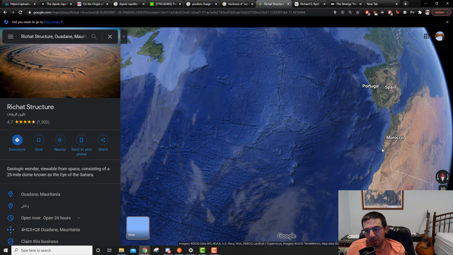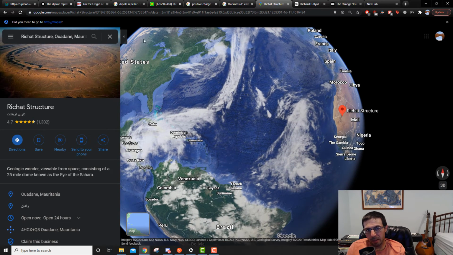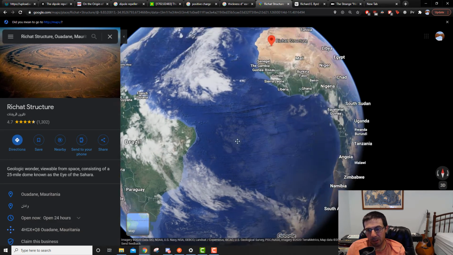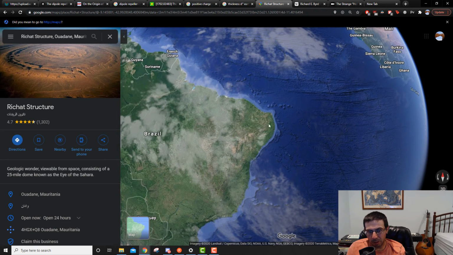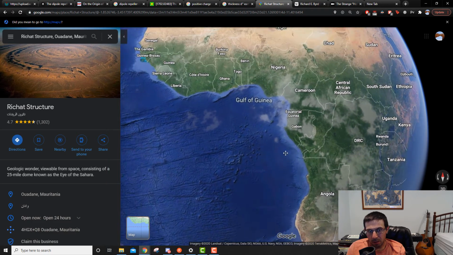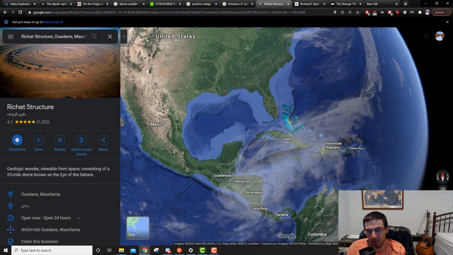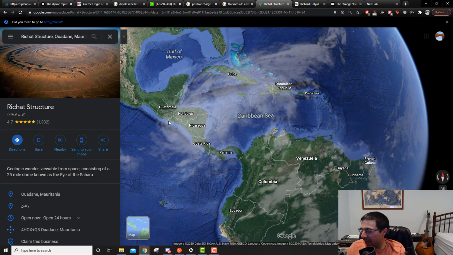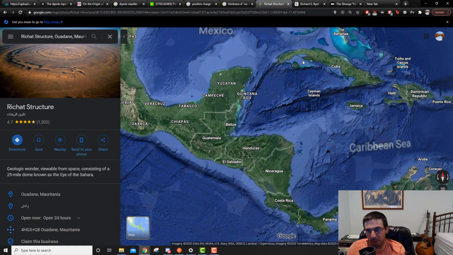But if the Earth expanded, so let's say that Africa, North America, South America, all this was together. If South America and Africa are together, then the corner of Brazil that's sticking out would go up in the Gulf of Guinea, and then North America. So like all of Central America, perhaps. Looking at Central America,